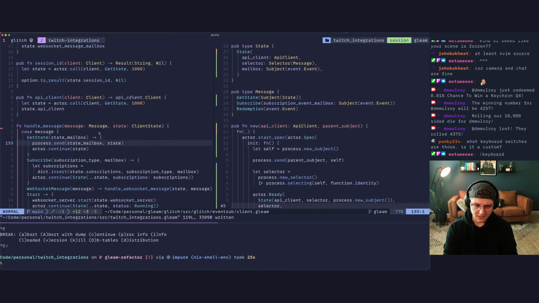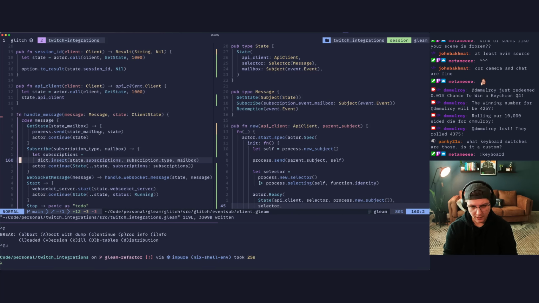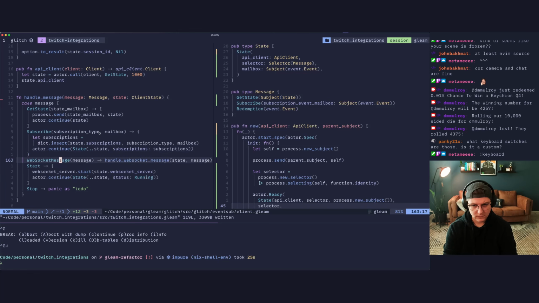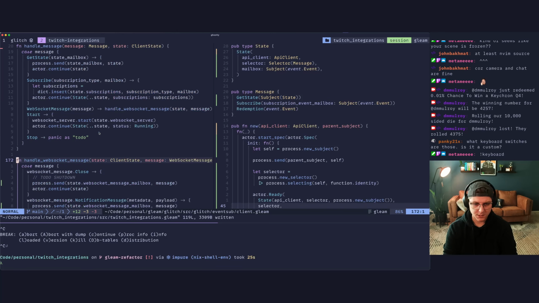Our handle message, when we subscribe, we insert it into a dictionary. We update that dictionary in state. When we get a message, we try to find it here, and if we see it, we send to that mailbox.